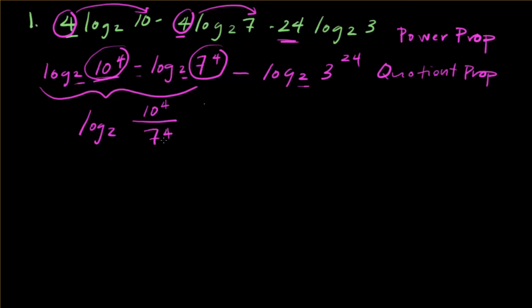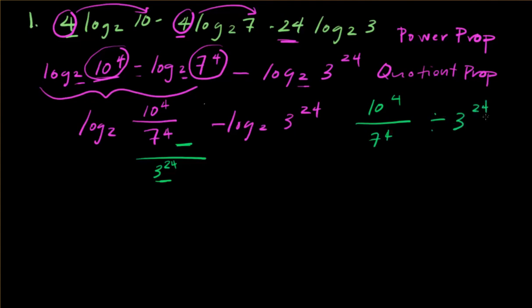Now what happens to this negative log base 2 of 3 to the 24th? Should I put it here in the denominator, or should I create another fraction and then put it here? That was my question, and Ahmed answered it for me. He said it doesn't matter. Thank you, Ahmed. It doesn't matter because if you take 3 to the 24th and put it down here, we have 10 to the 4th over 7 to the 4th divided by 3 to the 24th,